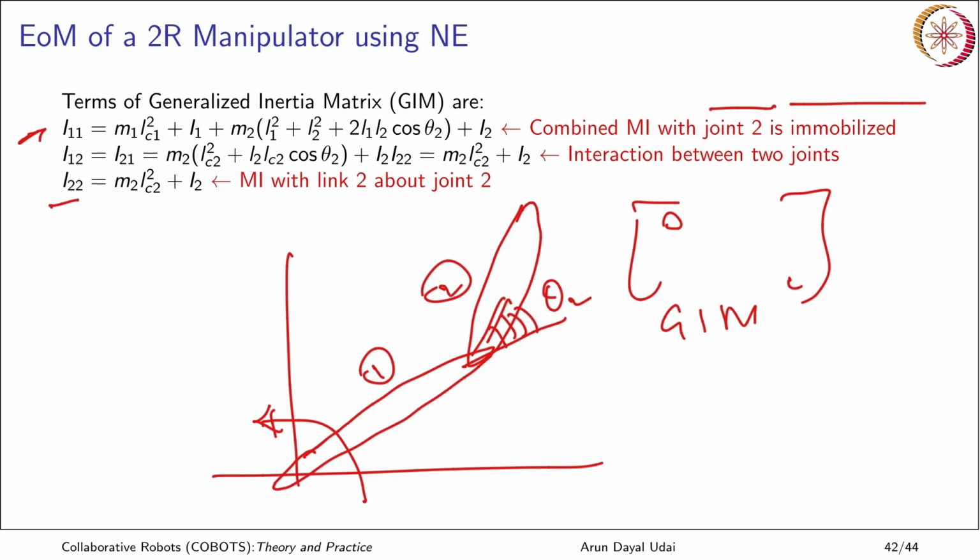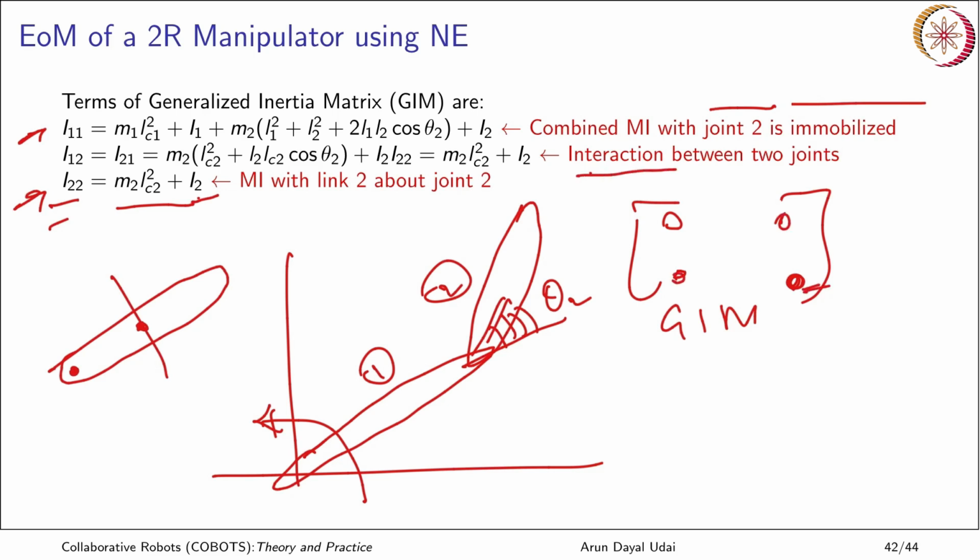Again, the term which is here, this is I22, is very simple. Okay. You just have the moment of inertia which was given about the mass center location, that is I2, you just have transferred from here to the axis of rotation, that is over here, and these two are the interaction between the joints, they are the product moment of inertia, and that is given by this. Okay. So, this is the physical significance of having these terms in place. Okay. So, the diagonal terms are principal moments of inertia and these are product moments of inertia.